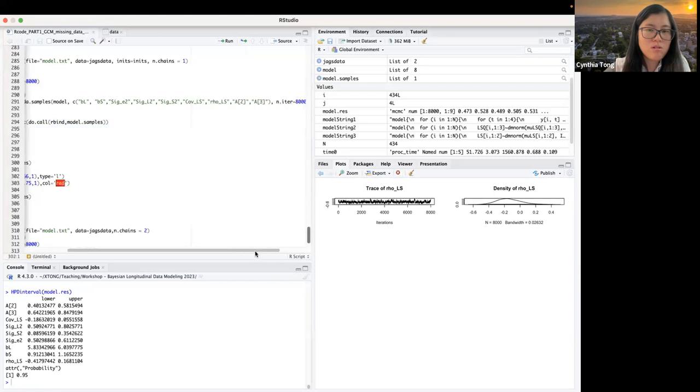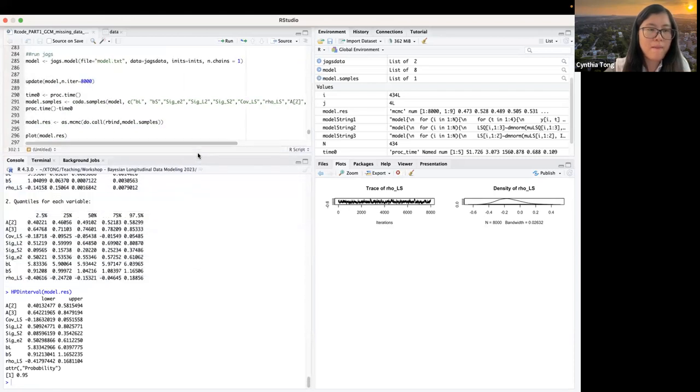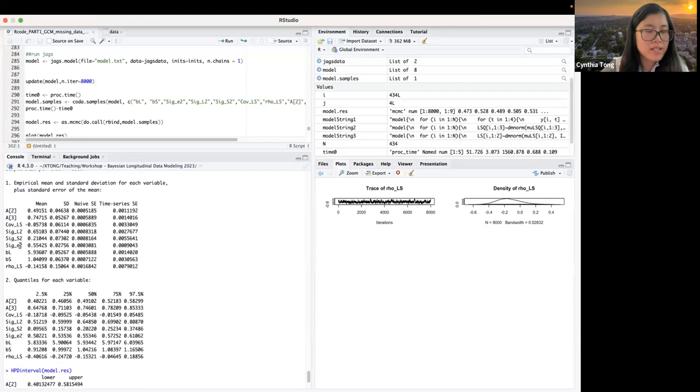So for the parameter estimates, the two latent basis coefficients were estimated as 0.49 and 0.75.